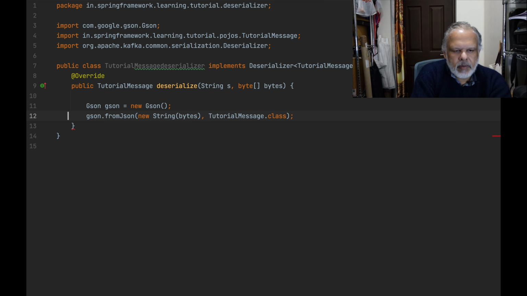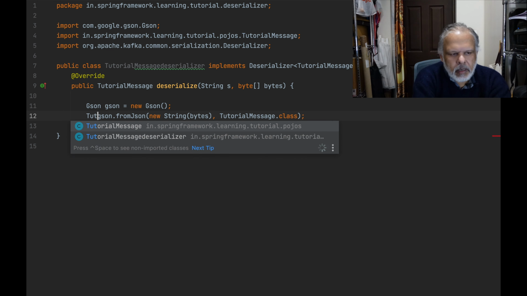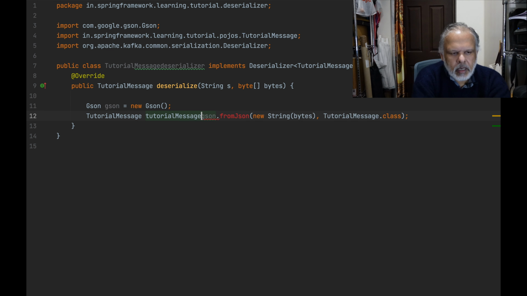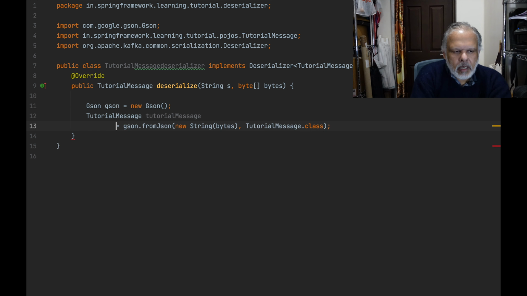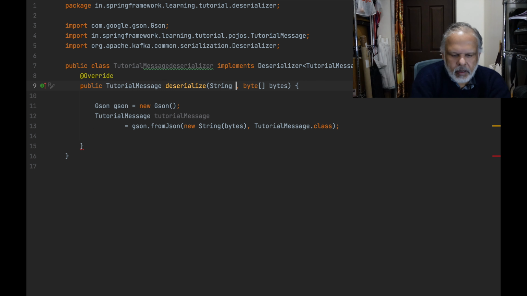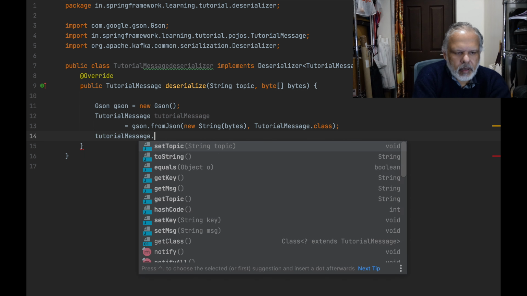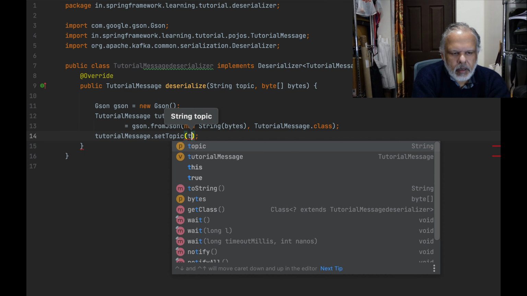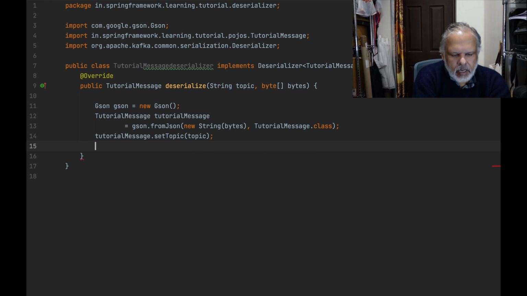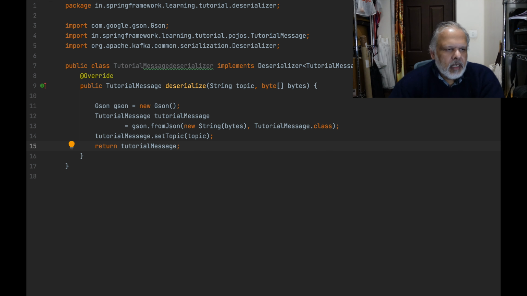So as part of this we will get tutorial message, and we will set the string here, which we will set the topic here which we are getting, and then we can return this. So this is our deserializer. Similarly,